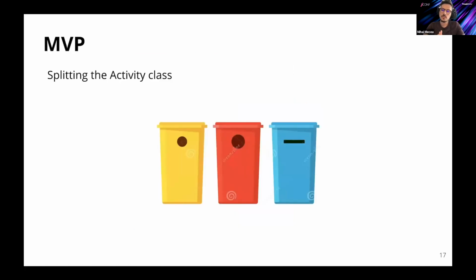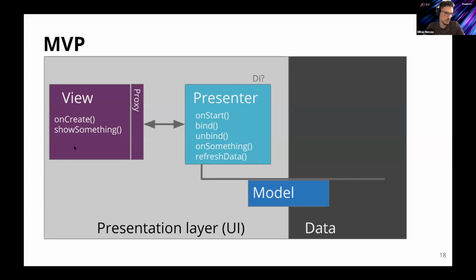Therefore, I started using a new design pattern called MVP. And it's something like this. You've got your views, which then call multiple life cycles on the presenter. The presenter encapsulates the business logic for the UI, and then calls back for the view different methods through a proxy interface in order to make the view show in one way or another. And then you also get a model, preferably from the data layer.